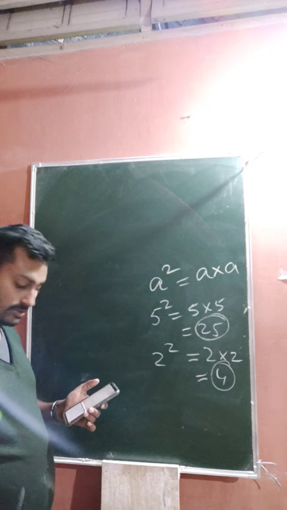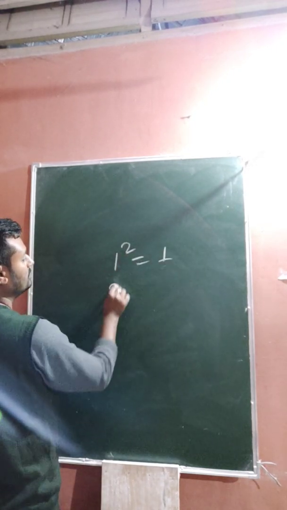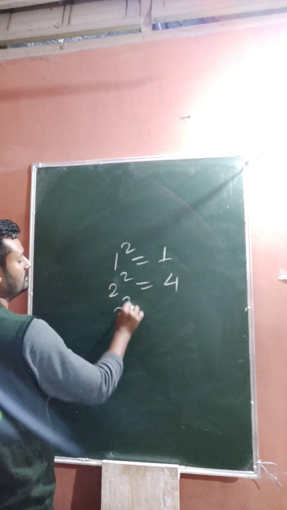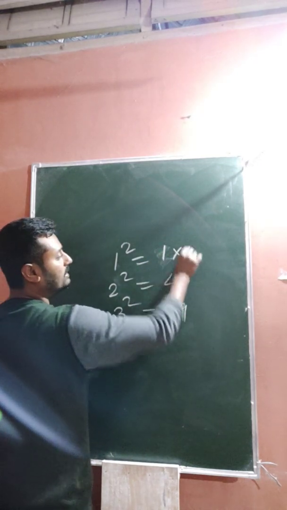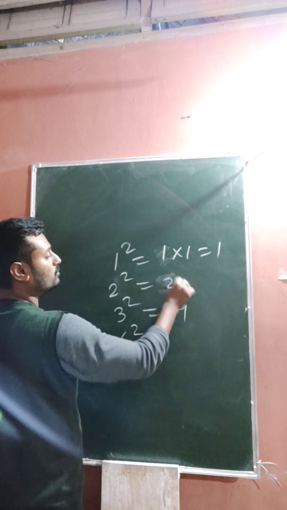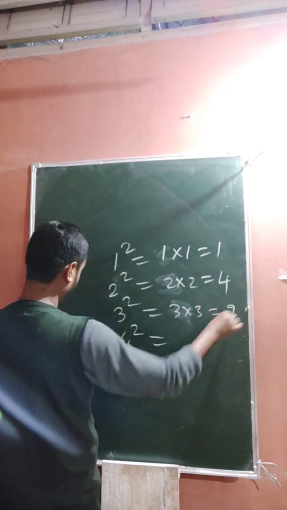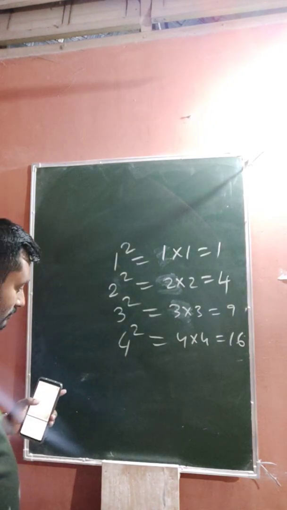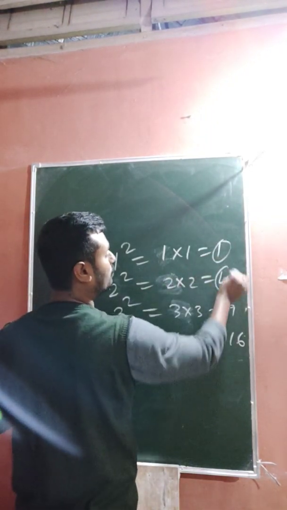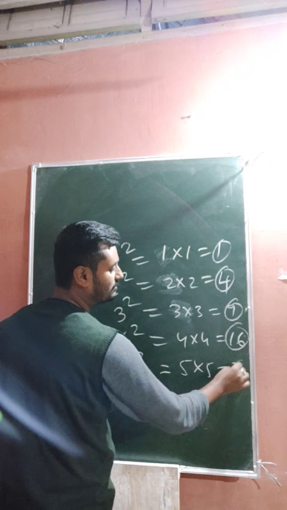Suppose a pattern, a sequence, is given to you. The first number is 1 square, equal to 1, because 1 into 1 is 1. 2 square is 2 into 2, which becomes 4. 3 square is 3 into 3, which becomes 9. 4 square is 4 into 4, which becomes 16. Clear? So these numbers 1, 4, 9, 16, and 5 square, 5 into 5, which is 25,